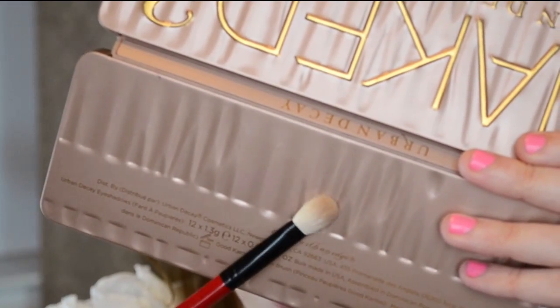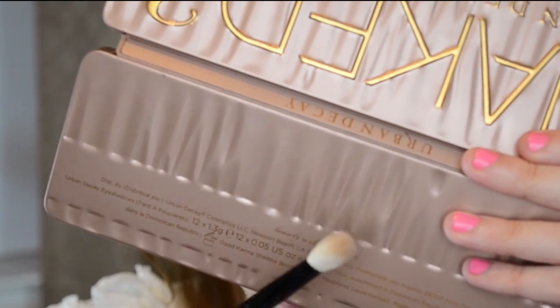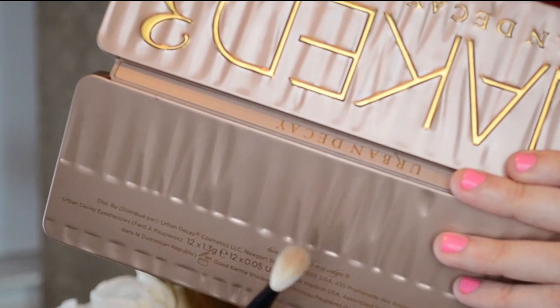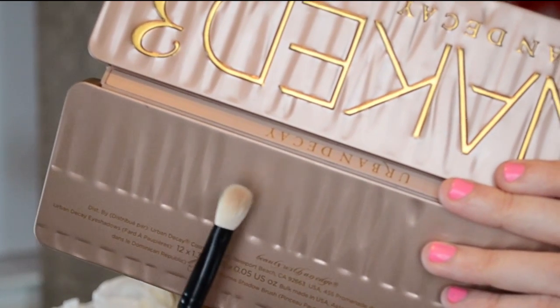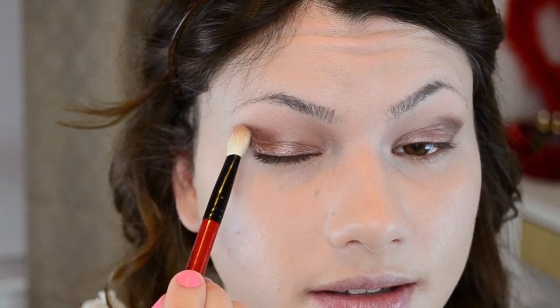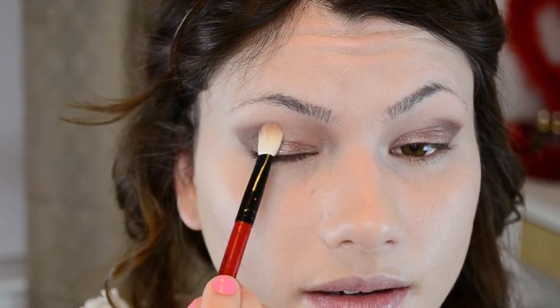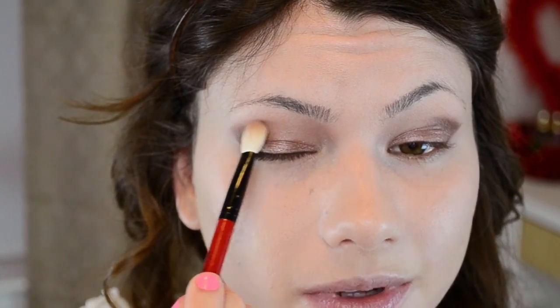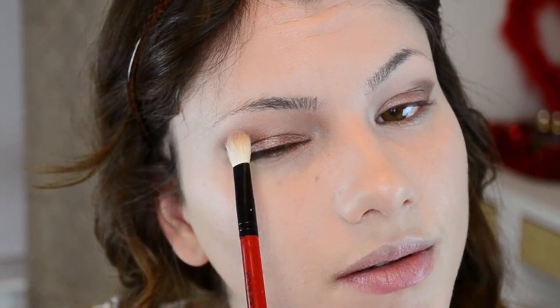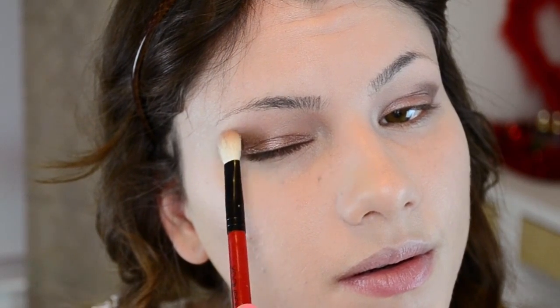Next, I'm taking this brush here, which is from a Smashbox kit that I recently got. But it's basically a blending brush that has more of a point to it. It's not as fluffy as the first one we used. And we're going to pick up the eyeshadow Nooner. And this is what we're going to use to blend out this cut crease that we made. So I'm just blending it right over top. So once you have it blended out,